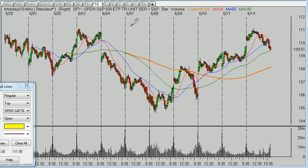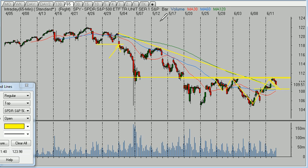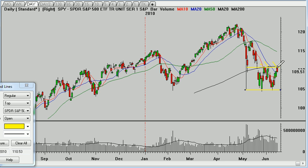So, looking at a 10-minute time frame, you can see the market got right up to that level that we were looking for potential resistance. And again, there were three things that made it look like it might be resistance. One is it was this prior support that did become resistance on a couple occasions. It's also where we saw the 200-day moving average and the volume weighted average price again from the break on